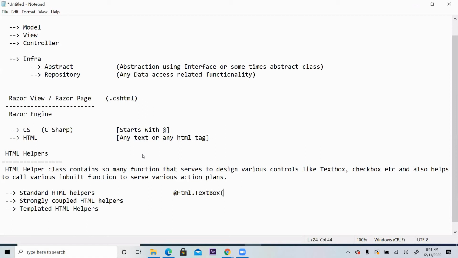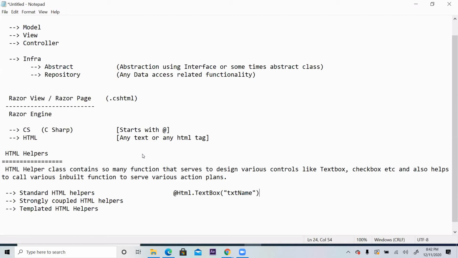Put a bracket. Inside this bracket, give the ID of the text box. Imagine my ID is txtName. Then give txtName like this. So TextBox is a function. CheckBox is a function. DropDownList is a function.